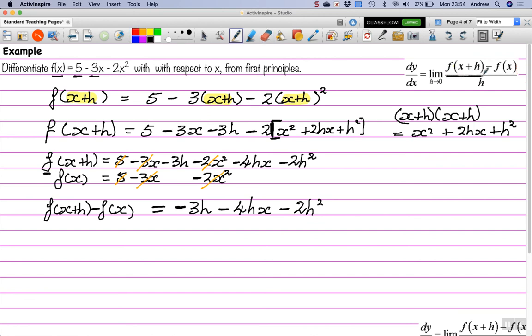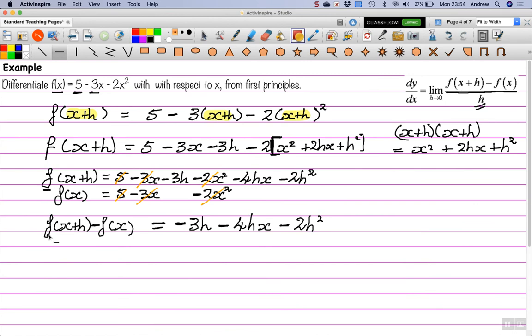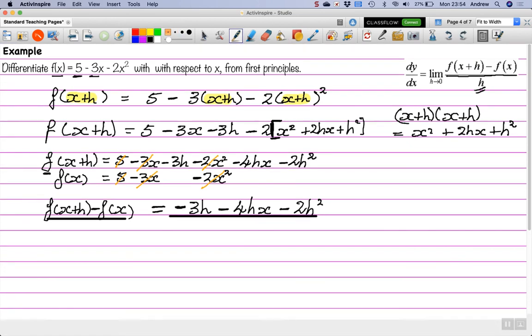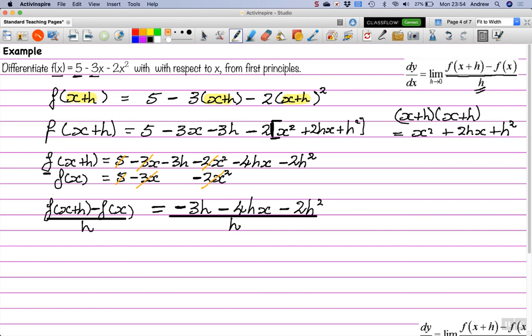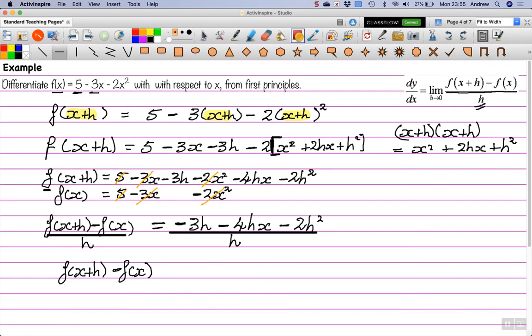The next part of the formula tells us to divide by h. So whatever we do to one side, we will do to the other. So we're going to divide both sides by h. So divide this side by h, divide that side by h. And then we do the tidy up line. So f of x plus h minus f of x all over